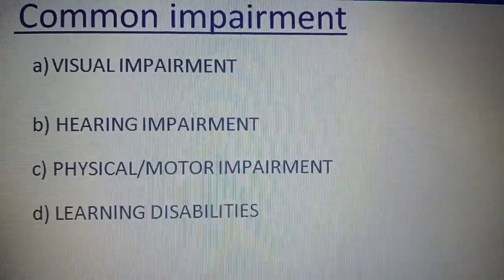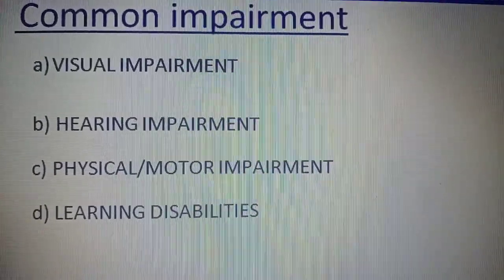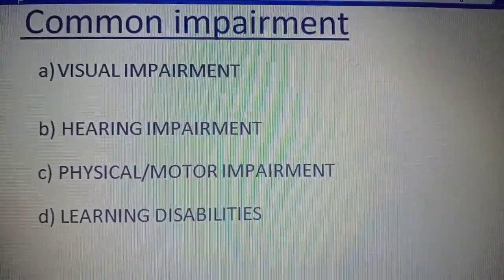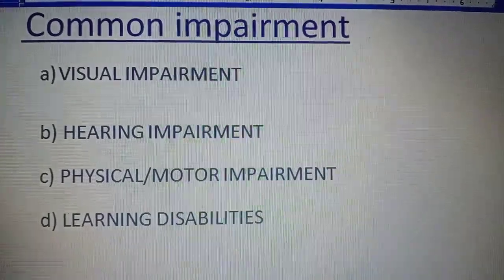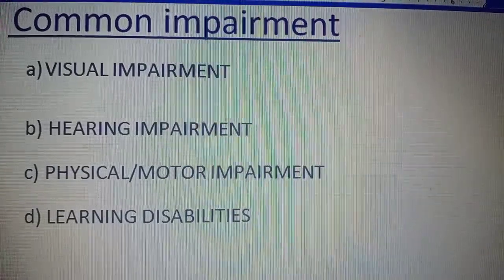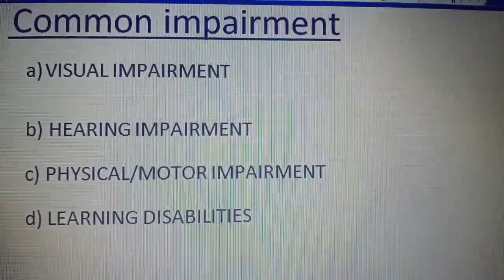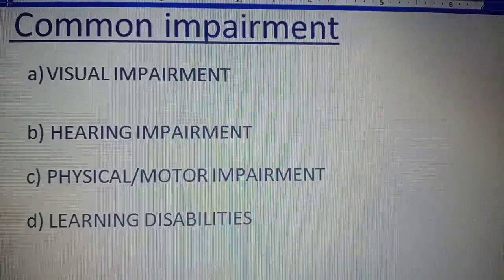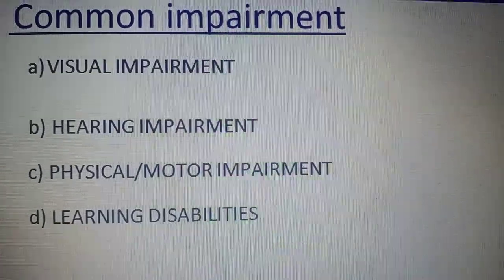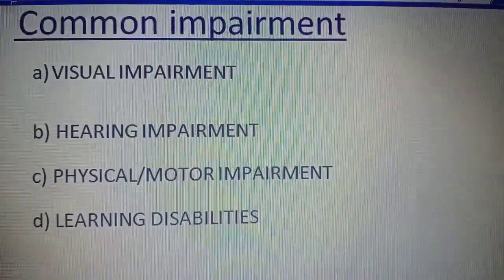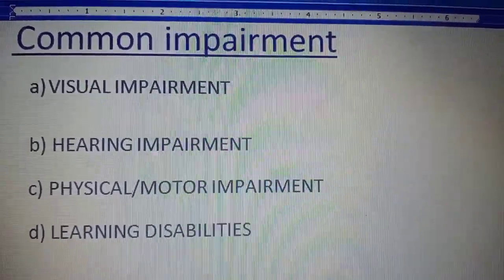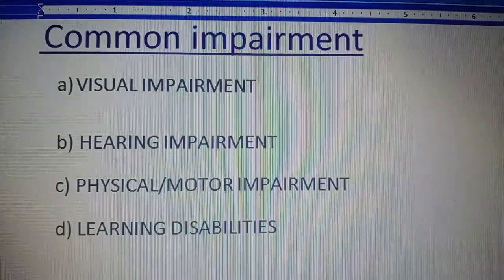Some have physical impairment, some physical disabilities, like someone having no hands or having trembling hands. By keeping in view these types of problems, these accessibility options are made. Then learning disability: some people have problems learning, which is known as dyslexia. So for people with visual, hearing, physical and learning disability problems, some accessibility options are made in the computer. By setting these options, they can easily use the computers.